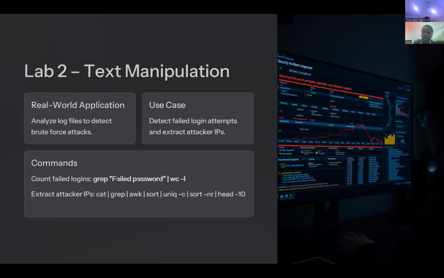If you fail the password, you know that someone attempted but didn't get the correct login. This narrows down the text, brings out the word we're looking for, and gives us the information we need. It helps detect failed login attempts and extract the IPs.